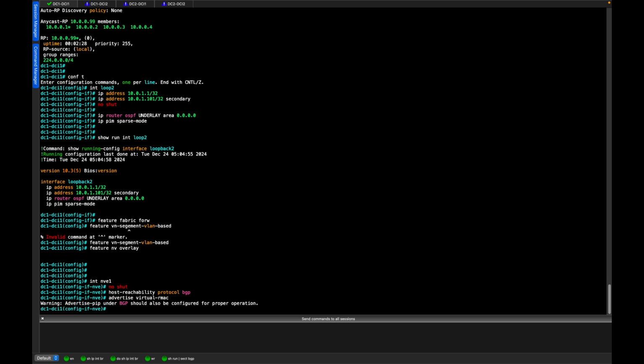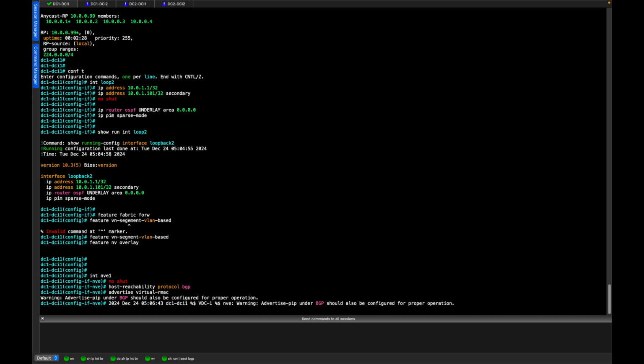So what this effectively does is, instead of advertising the specific device's MAC address for the NVE interface, we're going to use the VPC virtual MAC address that's between the 2 switches, which is effectively the same thing as doing this. It's essentially a VIP rather than one of the specific